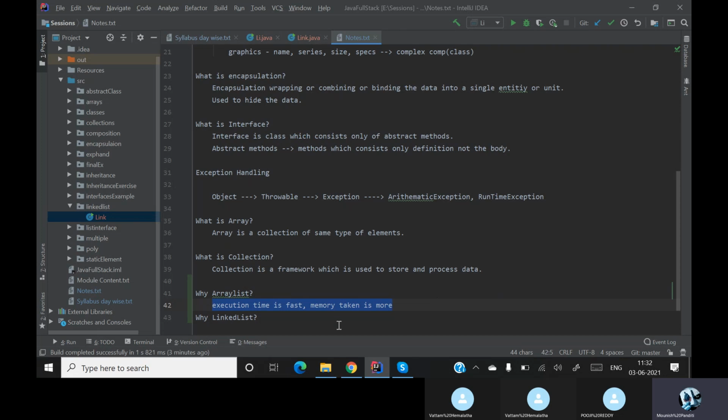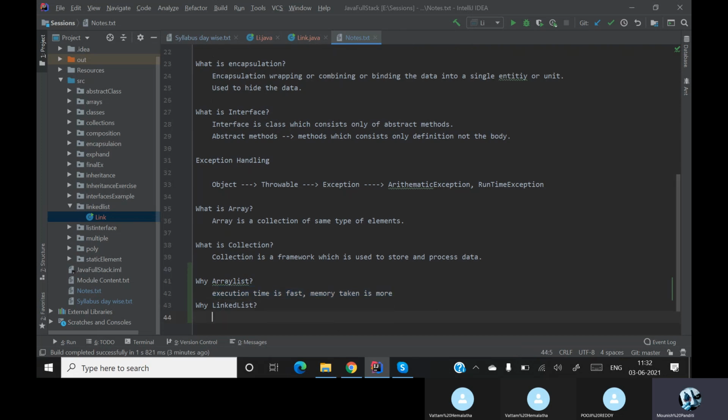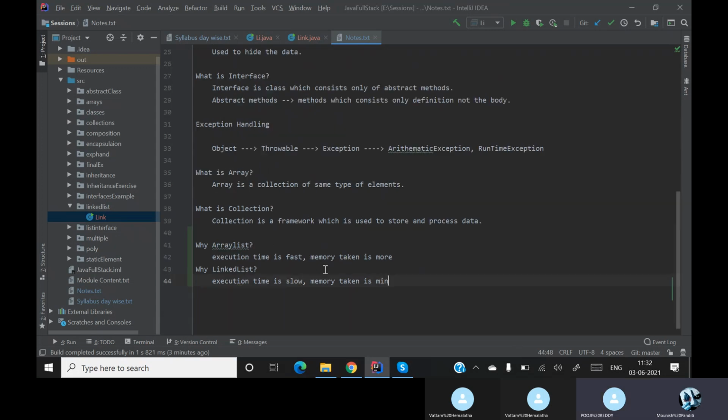But when you're talking about the linked list, the execution time is slow, but the memory taken is minimum. This is basically our why array list and why linked list.